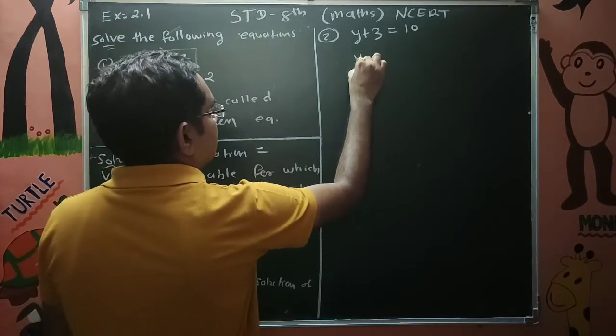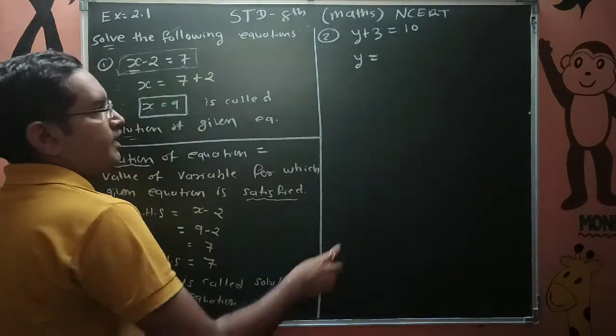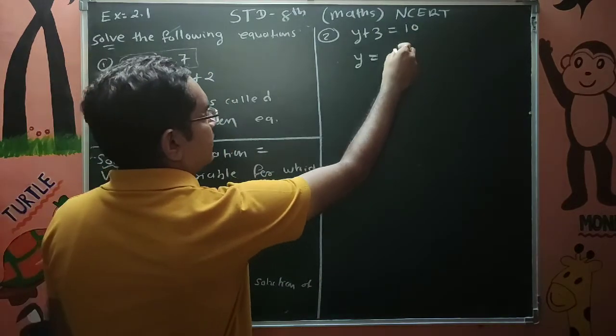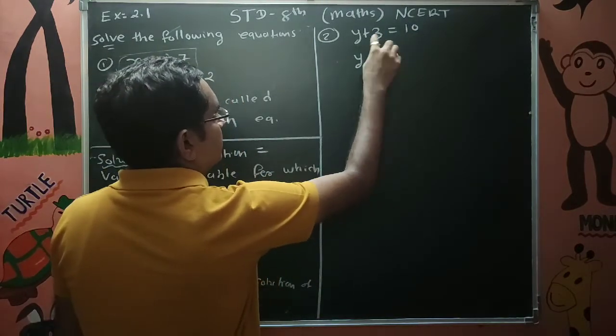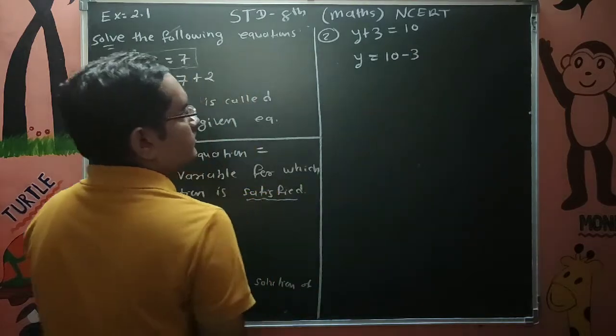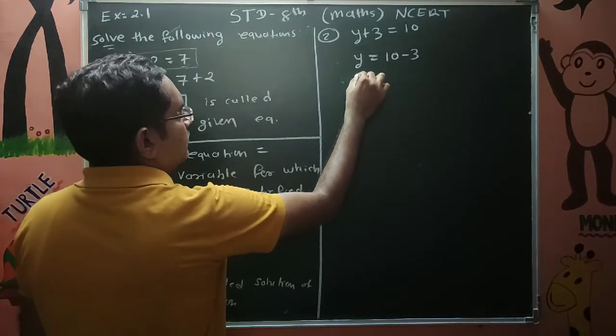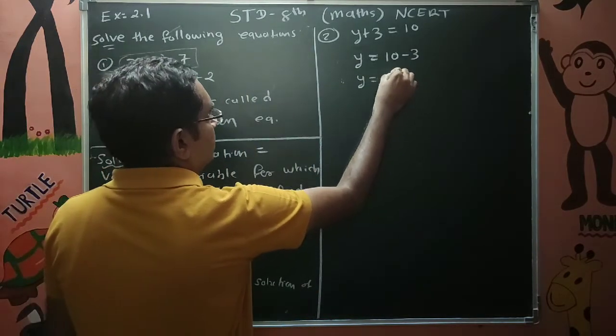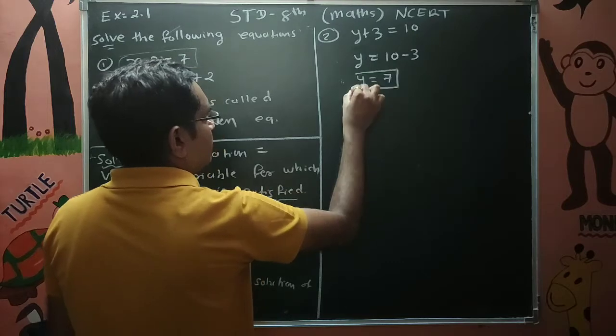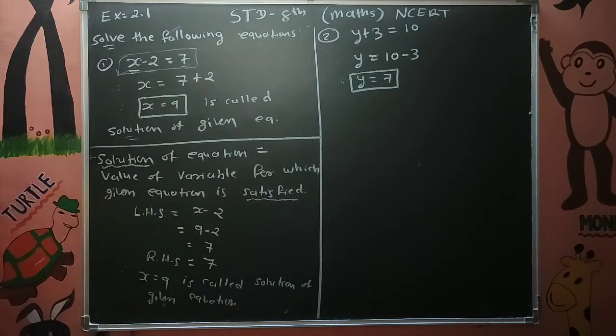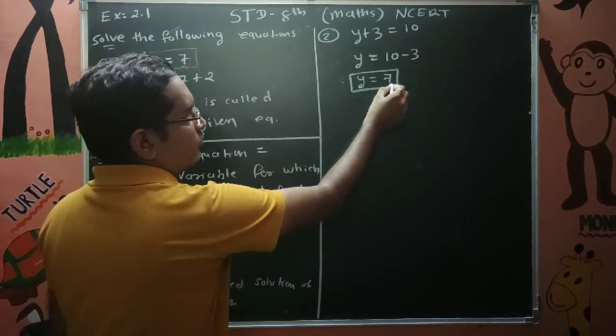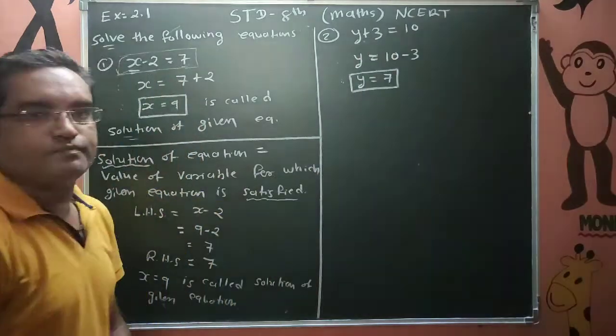So here y, and taking this plus 3 on the right hand side, plus 3 will become minus. Done? So we are getting y equal to 7. So y equal to 7 is called the solution of the given equation. Done? Why? Because if you put y equal to 7